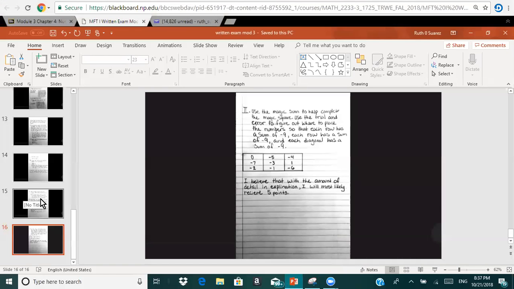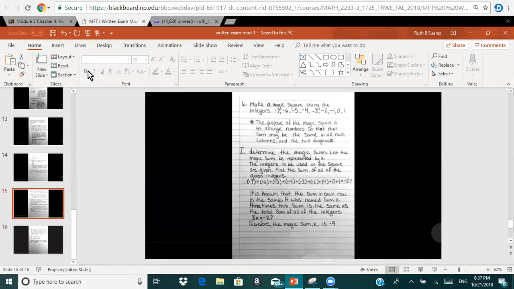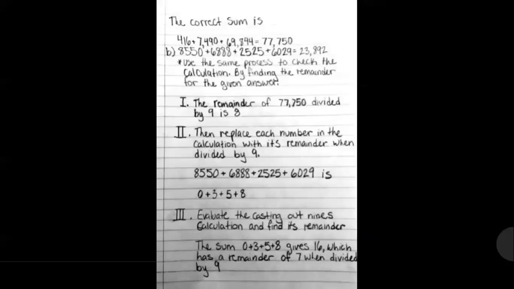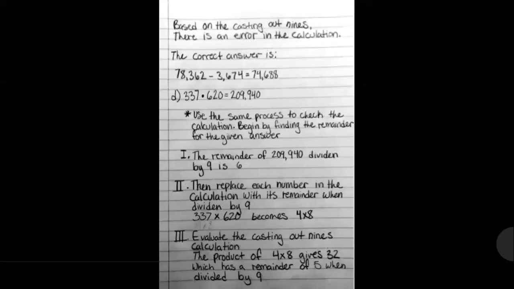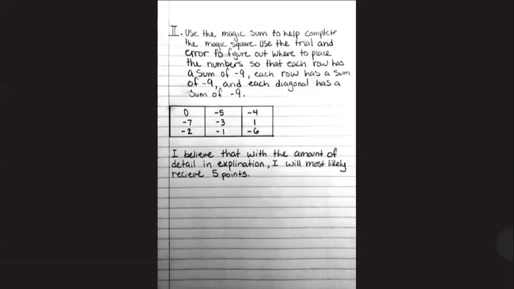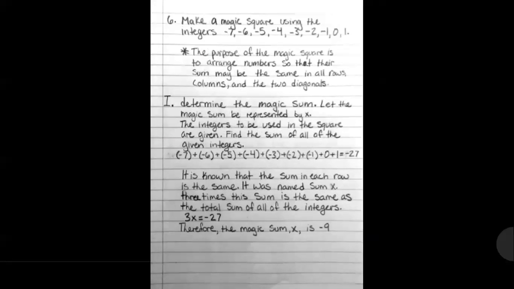It's much easier to just show you. Technical difficulties are really fun, but just bear with me. I will show you what I'm talking about. So therefore, we add all of these together: -7 plus -6 plus -5, -4 plus -3 plus -2 plus -1 plus 0 plus 1 is going to give us